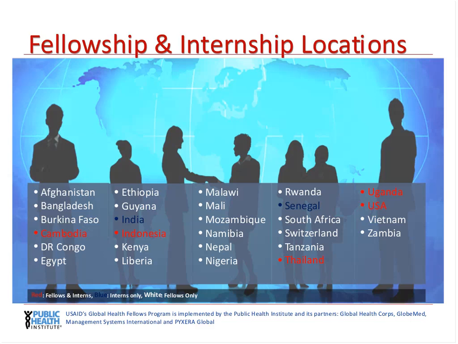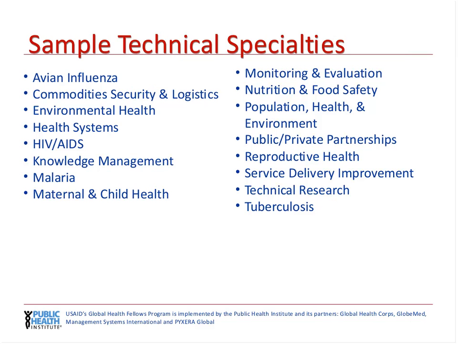Fellowships are at all levels, and the jumping off point for a junior level fellowship is a master's in public health or a similar degree, plus 1 or 2 years of relevant experience. The fellowships are for 2 to 4 years with placements in Washington, D.C. and overseas. U.S. citizenship or U.S. permanent resident status is required.